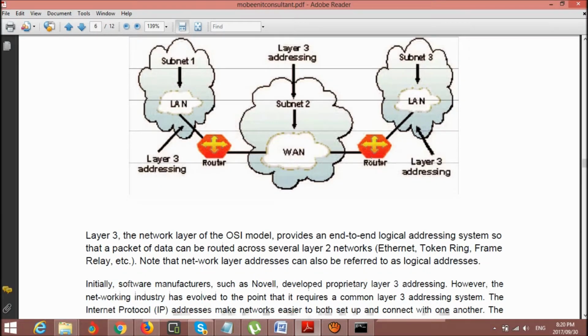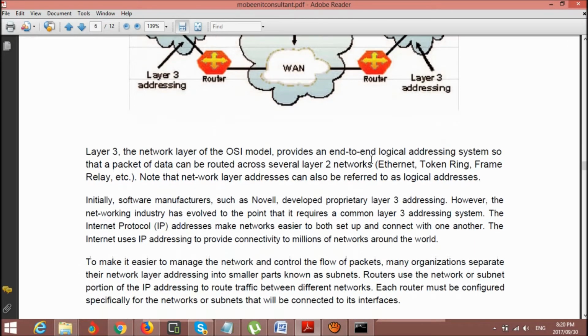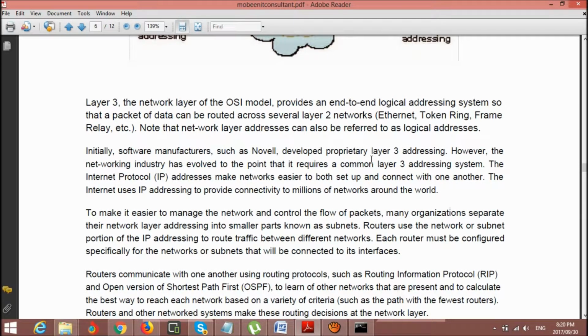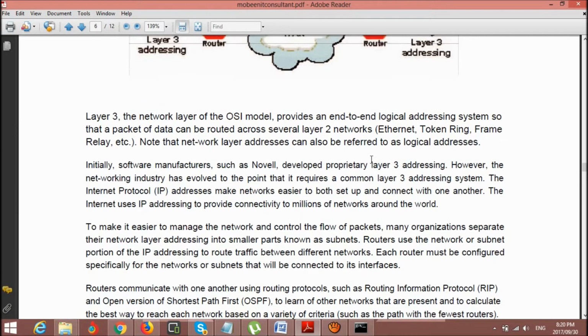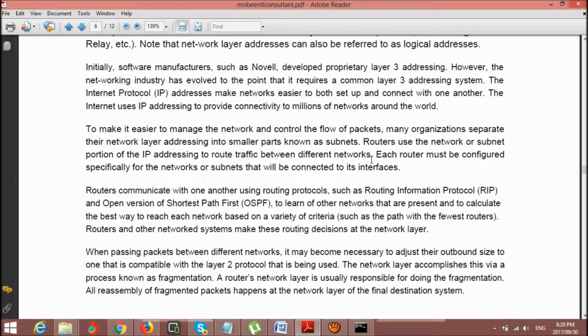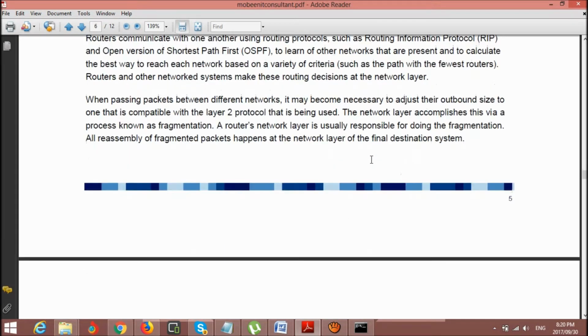And what is the next one? You can easily read all this information related to the network layer, and I hope you will read it and understand it easily. If you need more information related to the network layer, you can contact me and discuss with me. I will give you more information related to the network layer. So the next one is